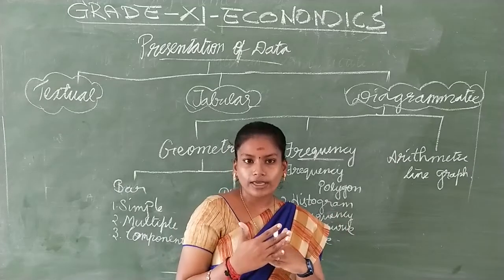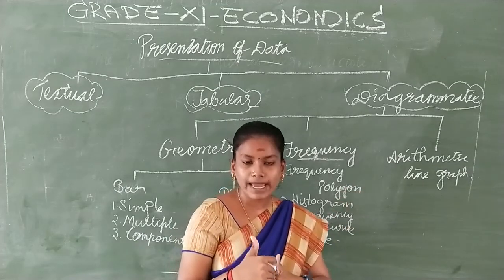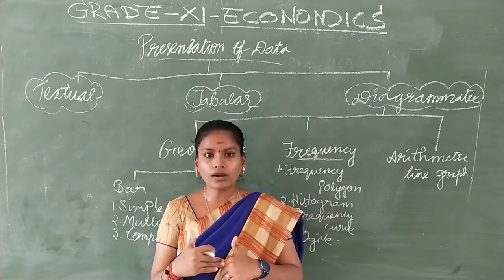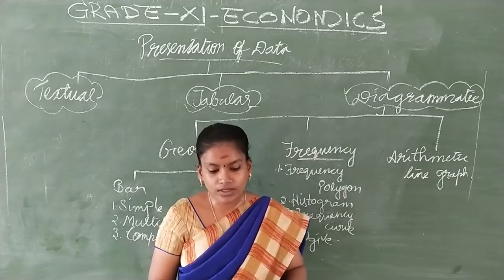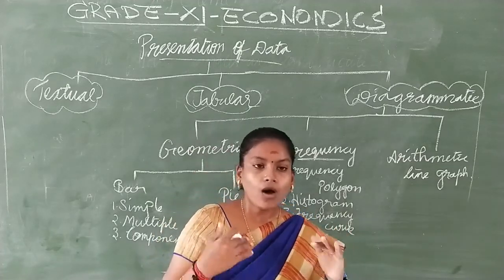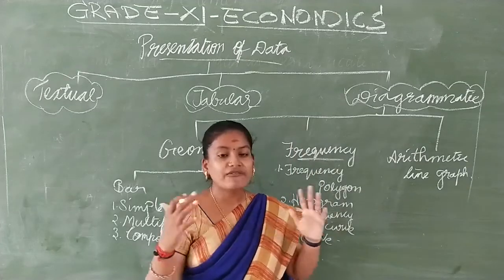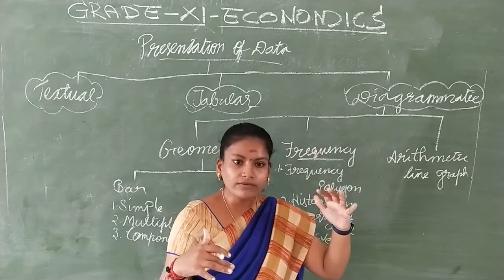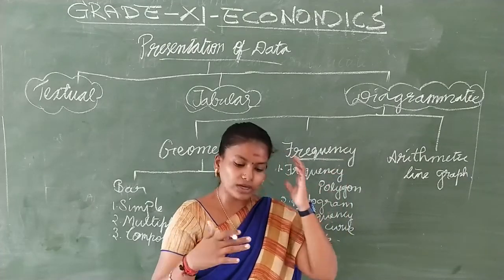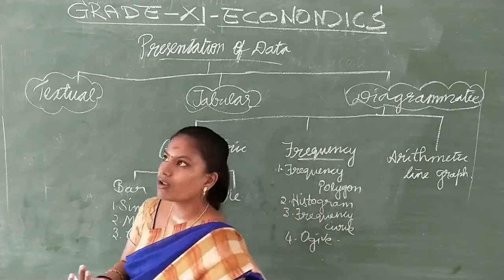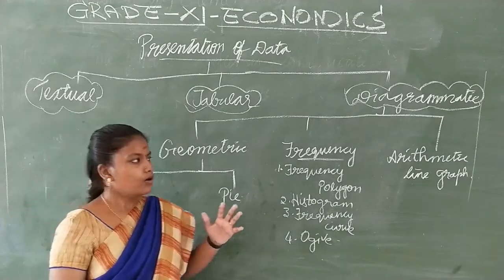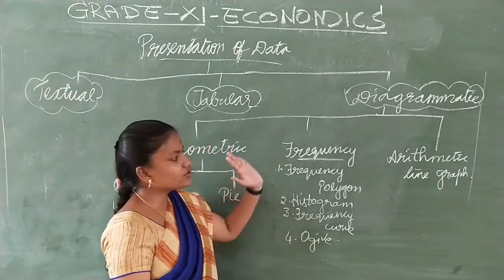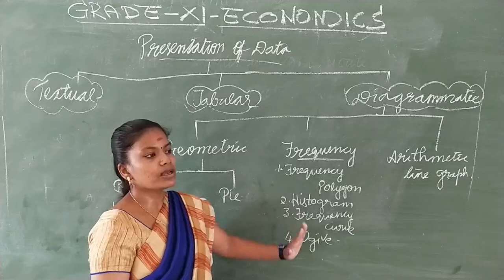When both the curves met, we had a thing called median. And what is one more important thing? Less than ogive is never decreasing, it is always going up, and more than ogive is never increasing, it is always falling down. Okay, those are the various frequency diagrams that we have discussed.